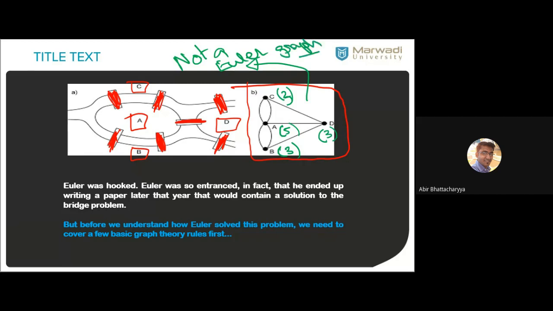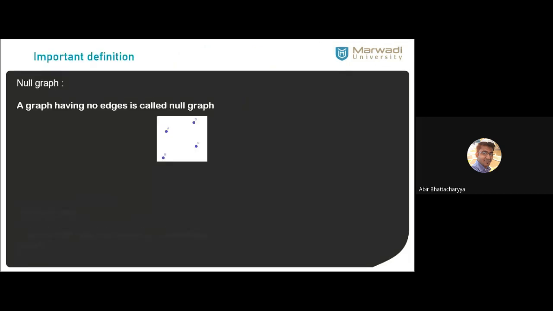Since it's not a Euler graph, automatically we can say that the traversal is not possible, because you cannot start from one point and come back to that point covering all these bridges. Okay, it is not possible here. That problem is highly related with Euler graph. So once you know the concept of Euler graph, automatically you can identify the history of the graph theory. Okay, now go for the problem again for Euler's graph.